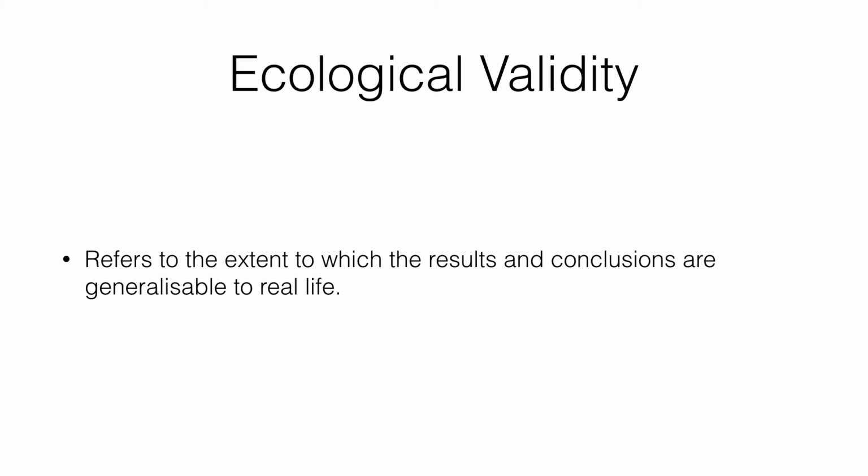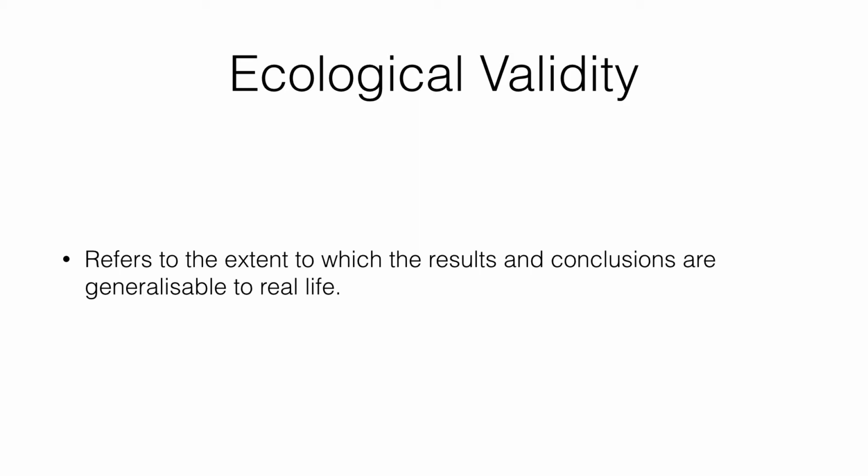Let's look at an example. Imagine that you are an experimenter and you are studying the psychology of shopping interactions with store clerks. So you choose a laboratory experiment because it gives you better control over extraneous variables, so thus increasing the internal validity of the study. So we set up a fake shop, which is exactly the same as one in real life. We just mirror a shop that we've seen in real life.